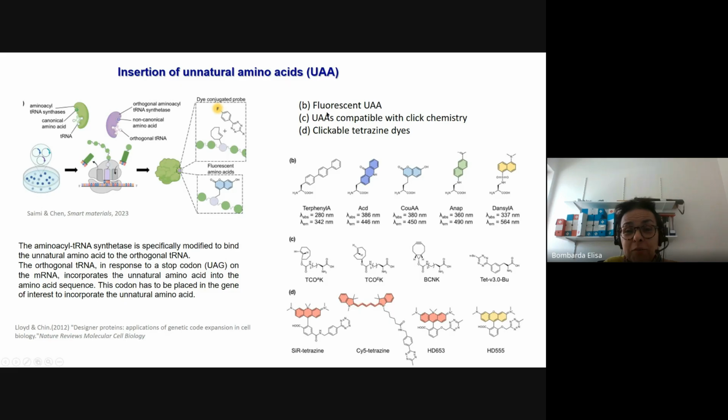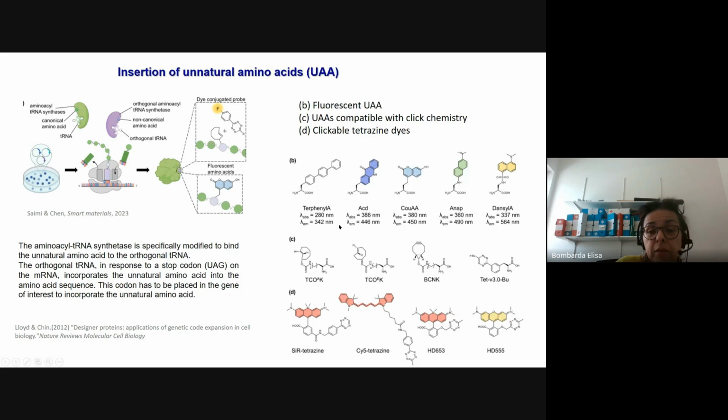So practically they are like a natural amino acid. Then they have the amino and carboxyl groups. You see it's designed as an amino acid, but it is a fluorophore, and all of them can be inserted